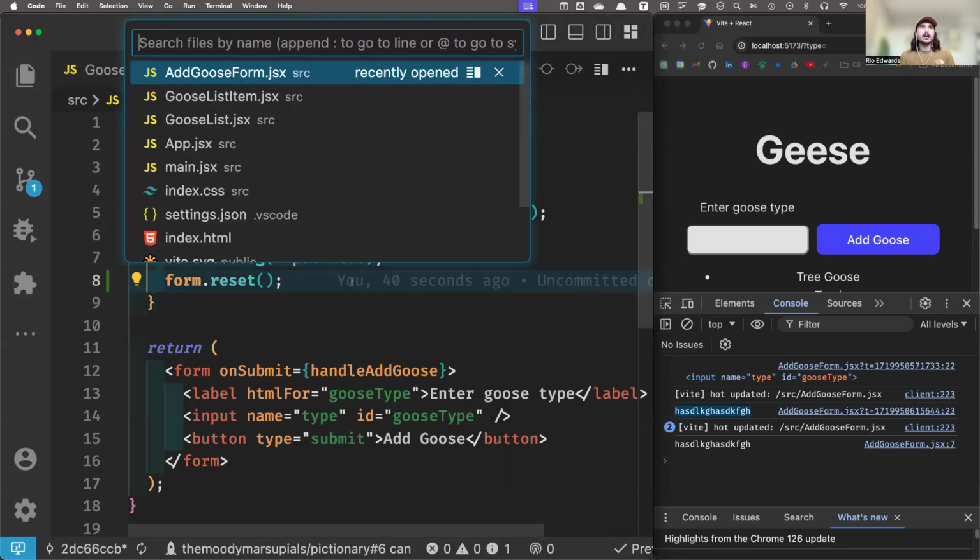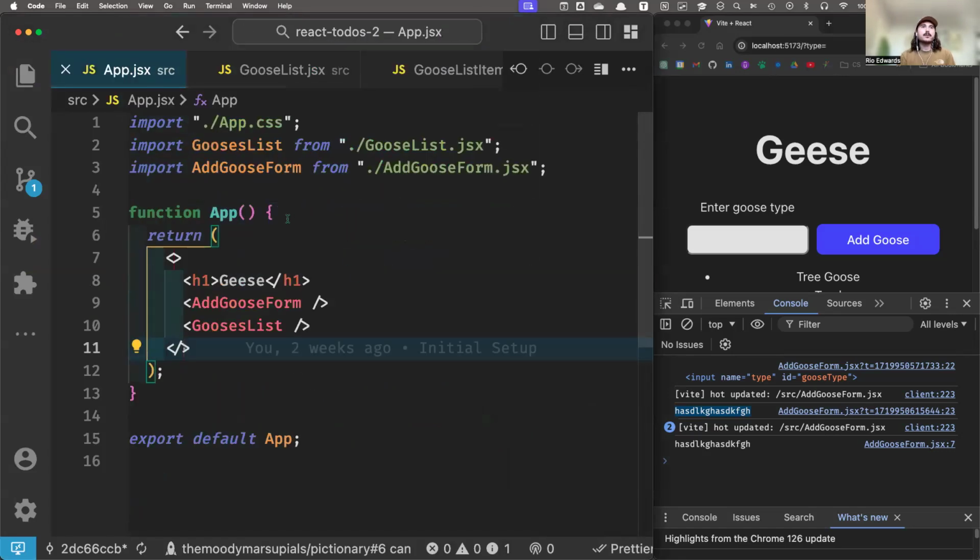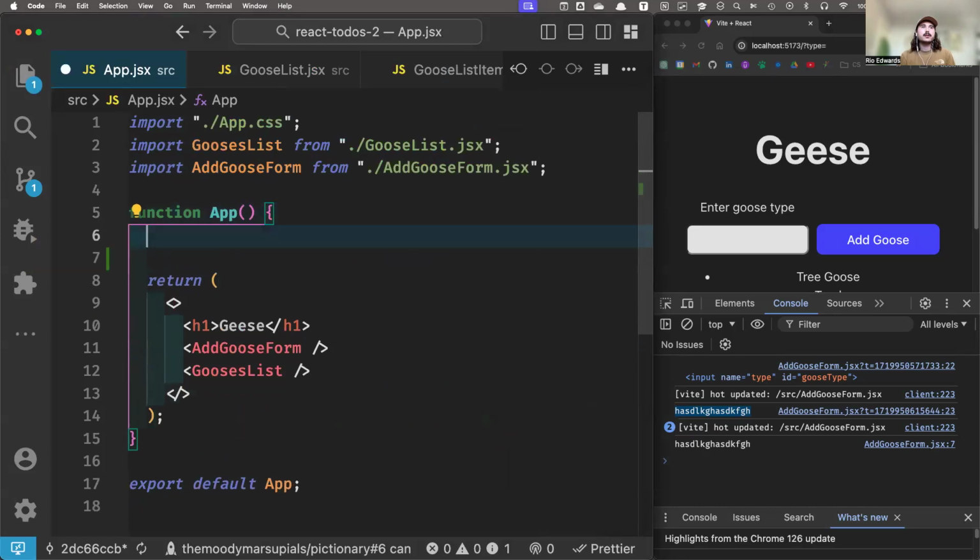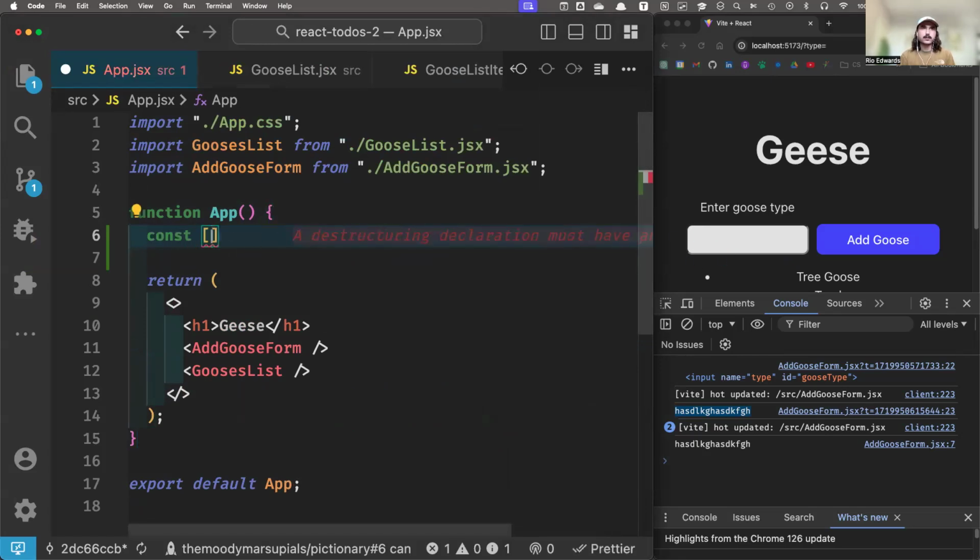So I'm going to go to my app.jsx component. I'm going to create some new state for the new goose. So whenever we enter into the input, we want to store that goose in state, in a state that we get from useState. So I'm going to say new goose and set new goose equals